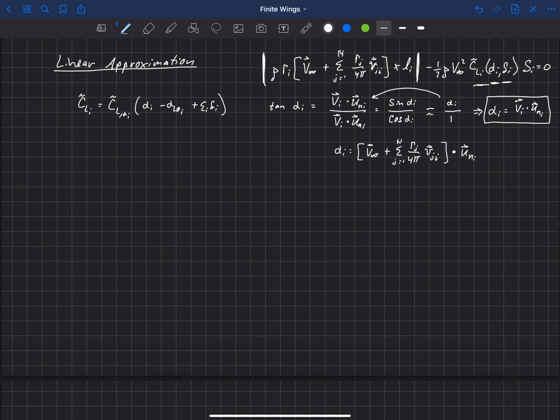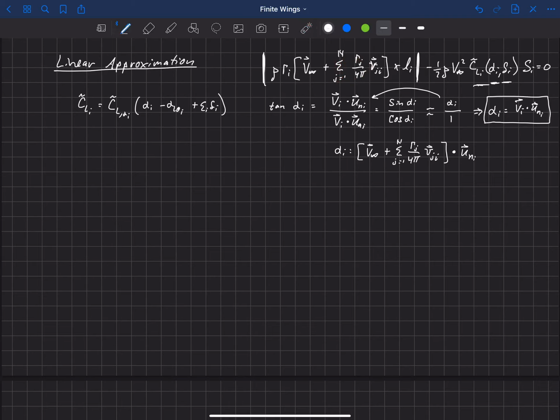The other place we have a nonlinearity in this system of equations is the fact that we have gamma I here multiplied by gamma j. See, this is the summation of all the gamma j's. We're going to multiply that by gamma I. So this is a nonlinear term here. For the sake of linearizing this, we're simply going to drop the nonlinearity inside of this portion of the equation. So we're just going to neglect this summation when we compute this portion of the equation.